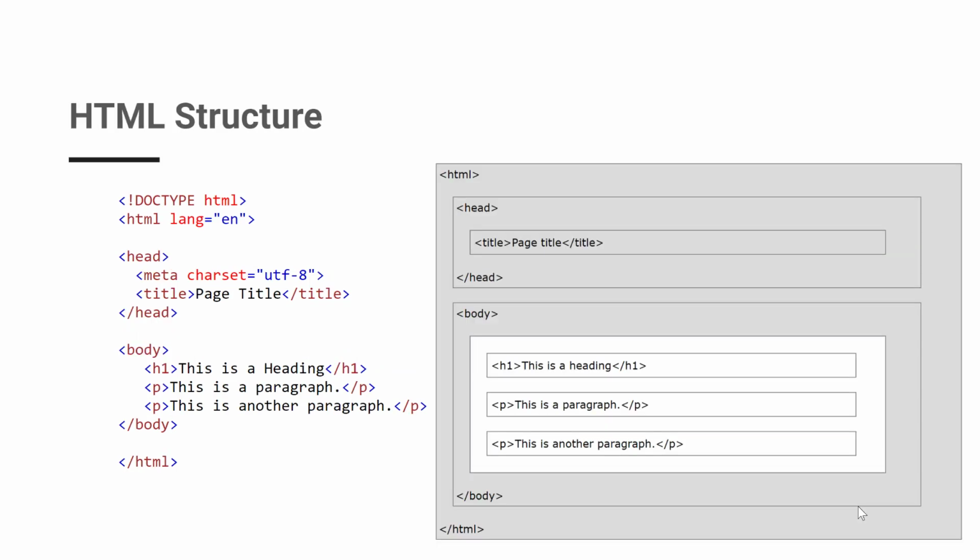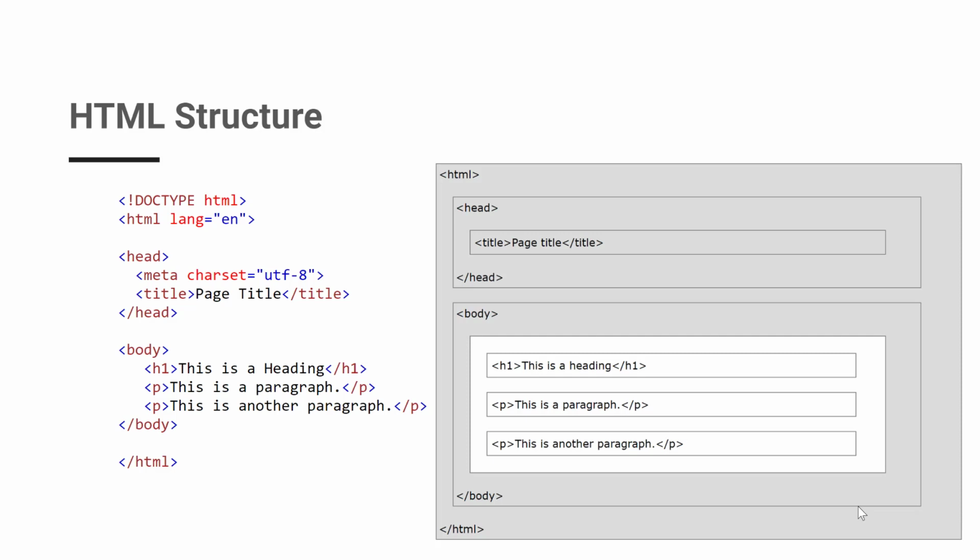So here's actually a visual structure of an HTML document. You can see that things are grouped together. We have our title and our browser information grouped within the head tag, and you can see it in the little picture. It's just specifying that I want to contain information about the browser, but also the page title for the document